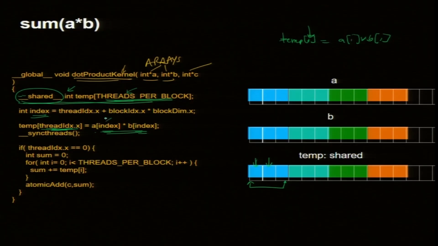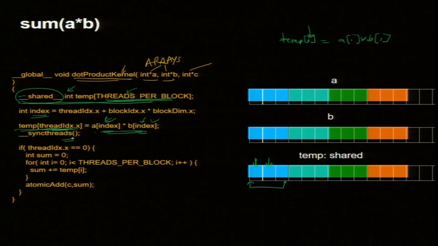I think even the thread index may work if I put thread index, because it is a local array. But anyway, this code works. It is using the global index, but it is doing inside the block. It is not taking memory from outside. So, it is A index and B index. It is looking at global index of A, multiplying and putting in temp. You can check this code by just putting thread index here, because each guy has a unique thread index, and that should work, and sync threads.